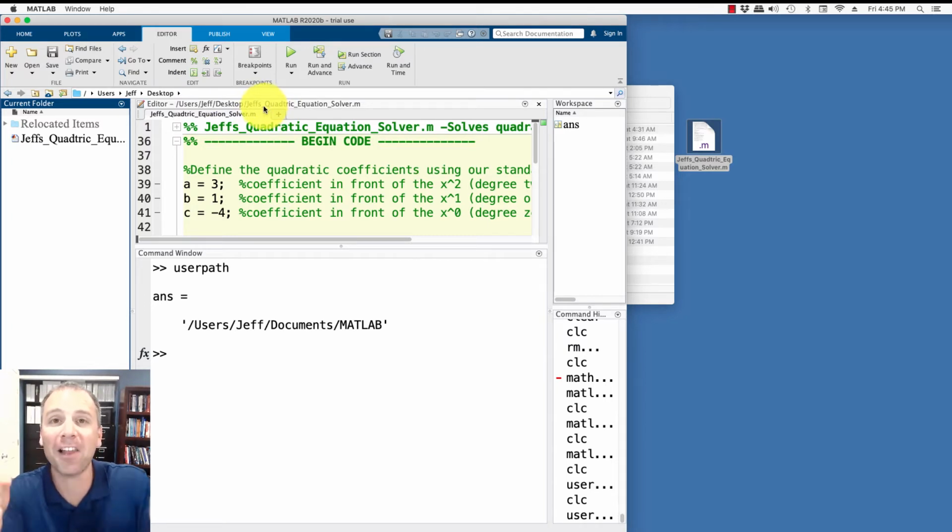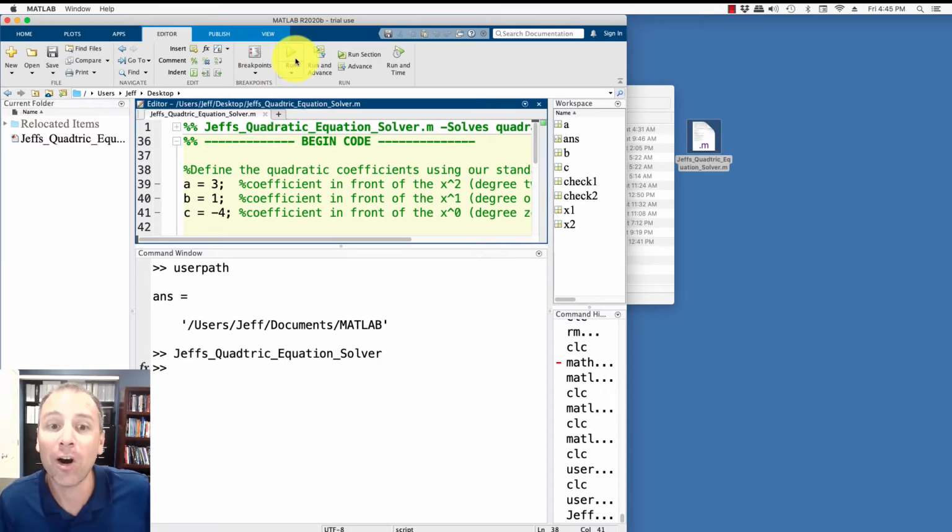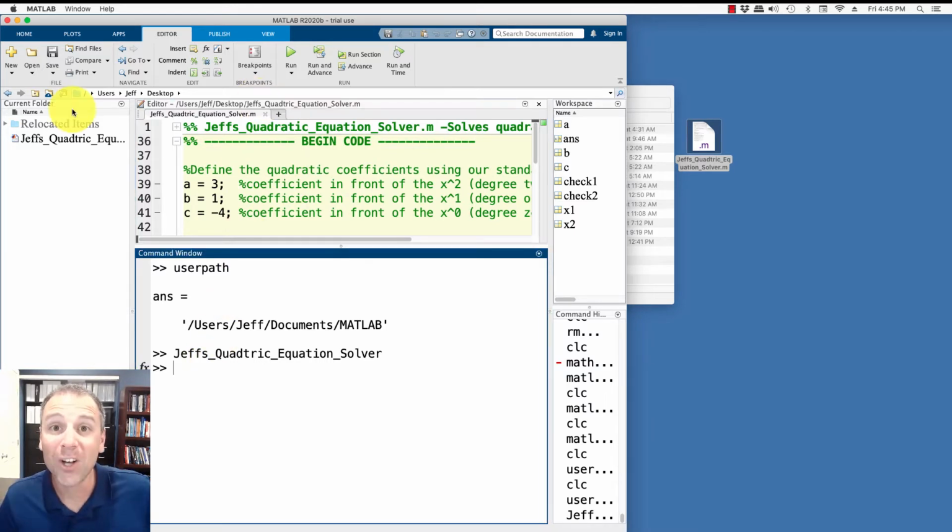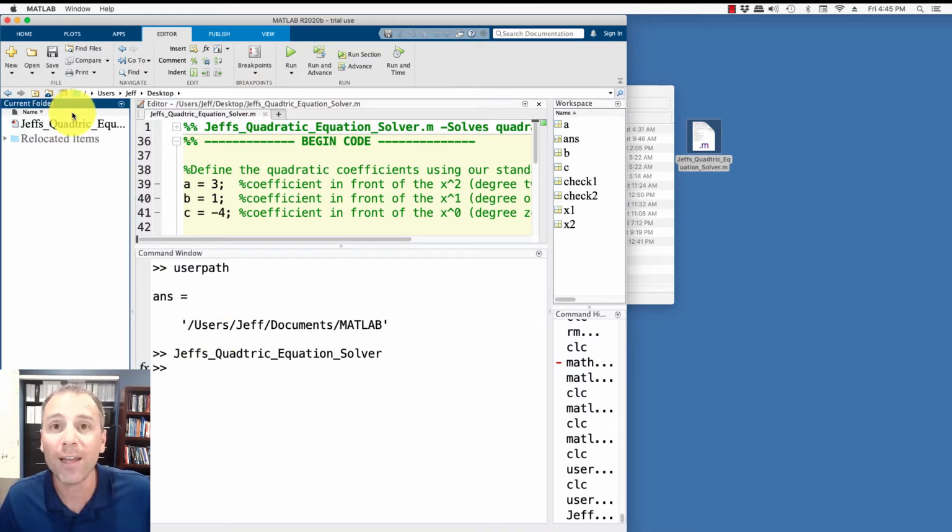In other words, I've picked up the librarian and moved him to the exact location of the hidden book that I'm trying to find. And now I say, go find that book. Notice MATLAB doesn't complain anymore because the kernel knows exactly how to find that command. So the current folder is a pretty powerful thing because it allows me as a coder to introduce new functionality to MATLAB and make sure that MATLAB can access it just by being in the location where I've saved it. Because of this, it's really powerful to be able to navigate to different current folders so that I can access anything that I've defined in MATLAB.